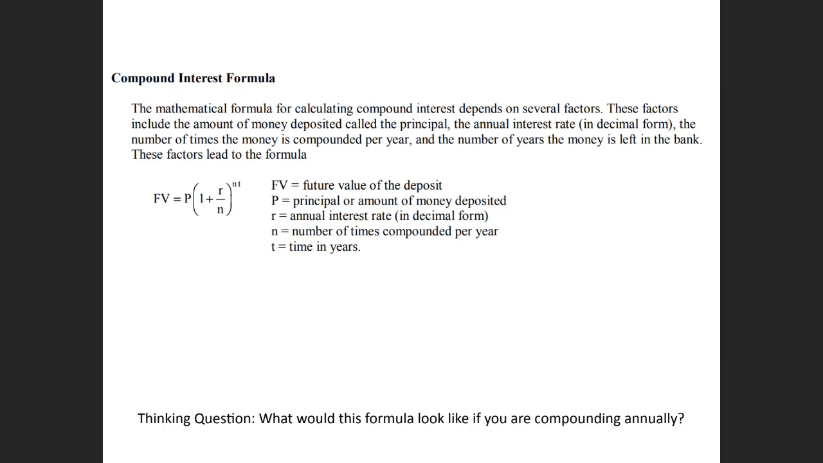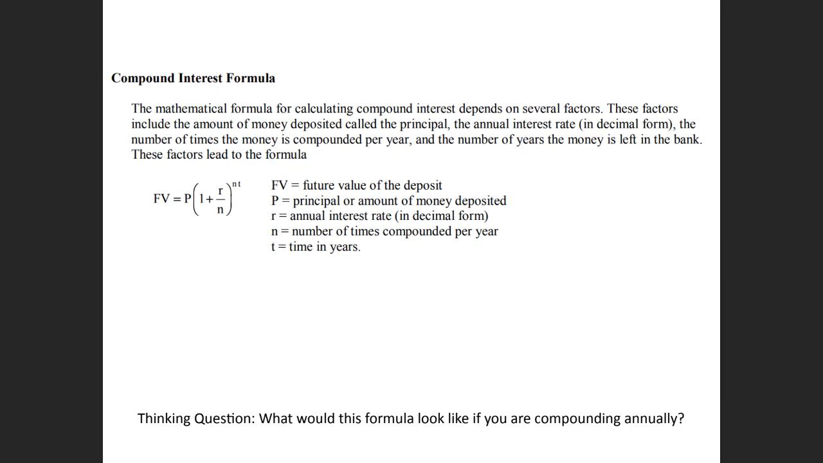This is the formula for compound interest. The mathematical formula for calculating compound interest depends on several factors. These factors include the amount of money deposited, called the principal, the annual interest rate in decimal form, the number of times the money is being compounded per year, and the number of years the money is left in the bank. These factors lead to the formula f of v, the future value, is equal to P, which is